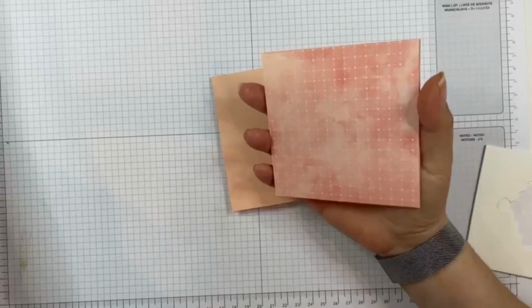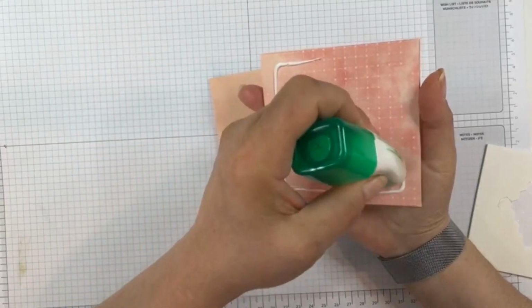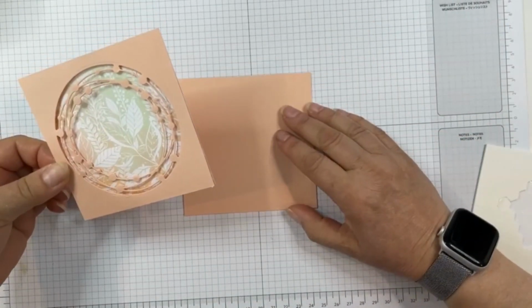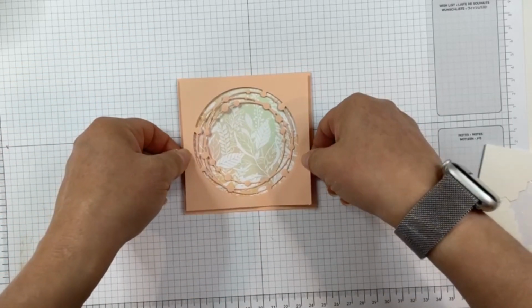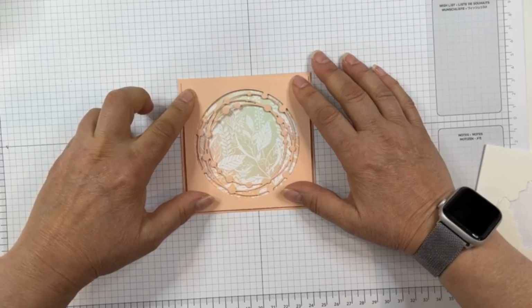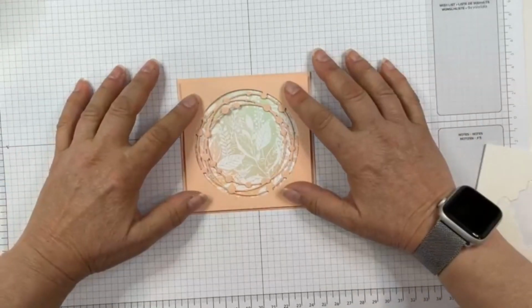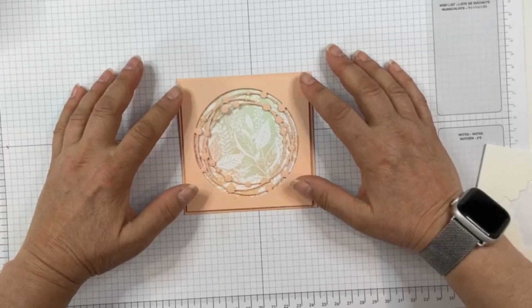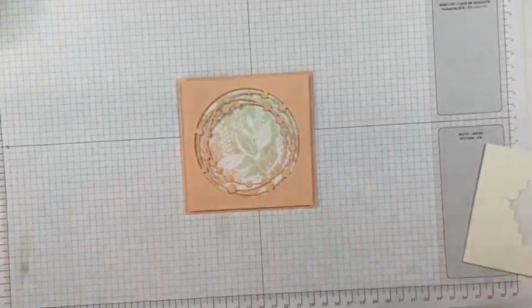Good. Now I'm going to put it on here. And again, let's try to get it nice and straight. I do find that if I put things square on my grid paper, it just helps my eye get everything square, which is why I always use grid paper. And why I like my liquid glue, because it helps me have a little wiggle room to play with it. Okay, there. Now I'm going to set that aside for a moment